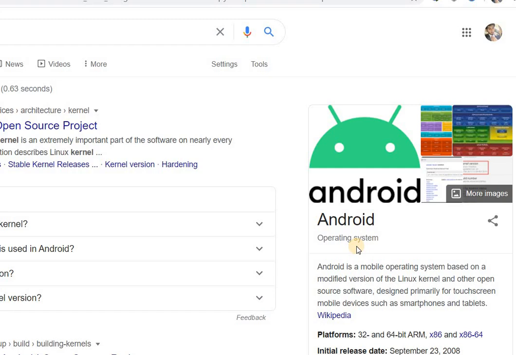हमने अगर अपने मोबाइल के साथ कुछ communication करनी है, it's based on the operating system. मतलब it's a means of communication. हमने उससे बात करनी है, फिर operating system ने हमें वो काम करके देना है. So Android is a mobile operating system and it's based on the Linux kernel. So you guys have to note these things down, जो मैं आपको कह रहा हूँ, so you guys can do the exam.